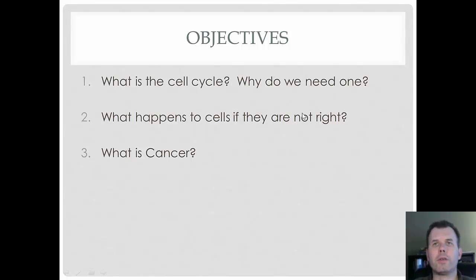So what are our objectives? Well, first we're going to look at what is the cell cycle. I like to picture the cell cycle as a big clock. Think of a clock on the wall, and look at it such that the cell starts at 12 o'clock. As it goes around through the cell cycle and ends up back at 12 o'clock, what happens at the end is that you now have two new cells. That's what we're going to look at with the cell cycle.